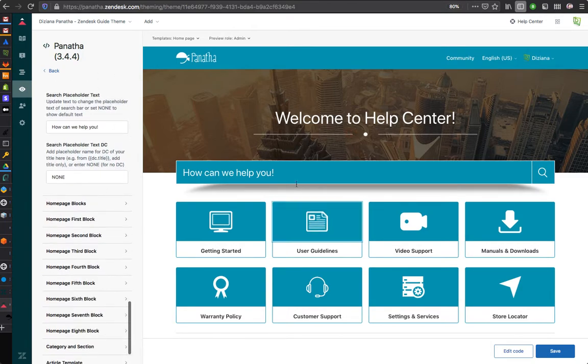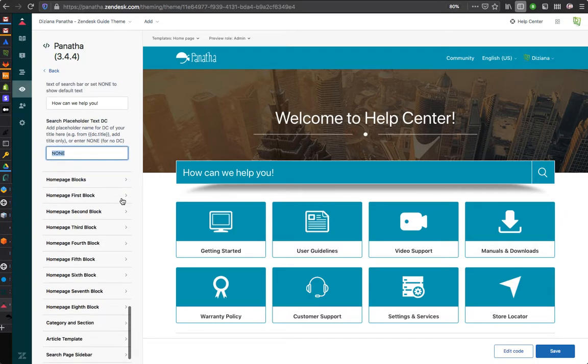Search placeholder text is the text that is shown over here, some sort of a hint text or guide text, which is called a placeholder text in technical language. You can change it. Same way, if your help center is in a single language, you can change it by typing whatever message in your help center's language. If it is multiple languages, you can create a dynamic content with different language variants and type the dynamic content name over here, without these curly brackets or DC, just the name of the dynamic content placeholder, and it would work.